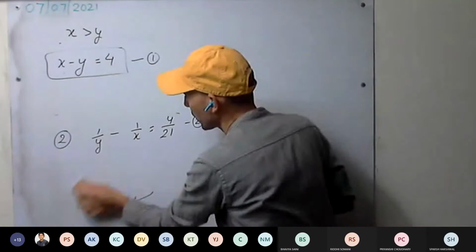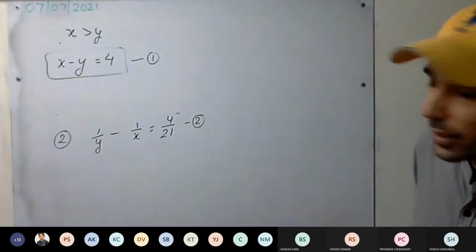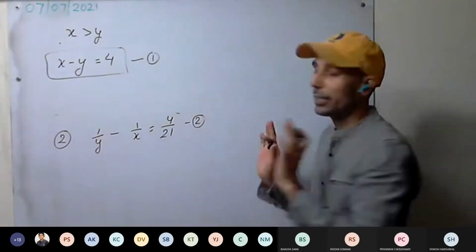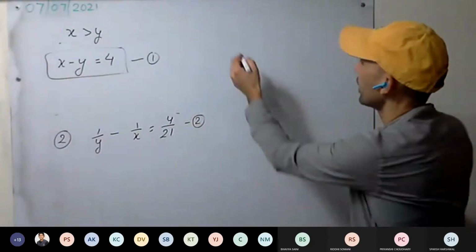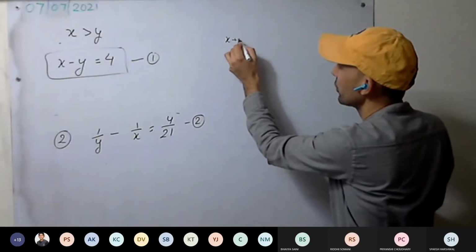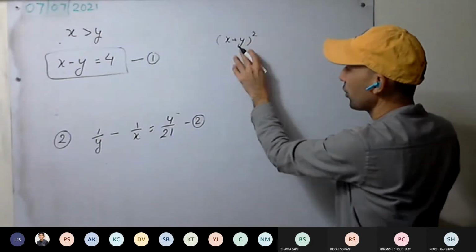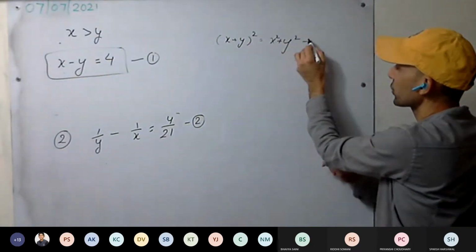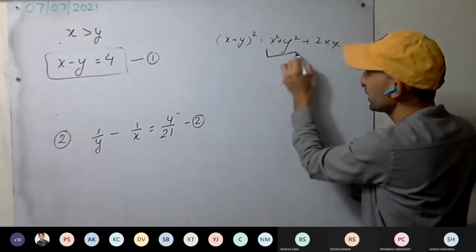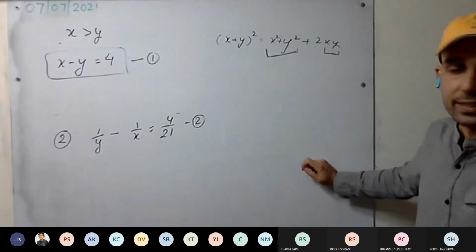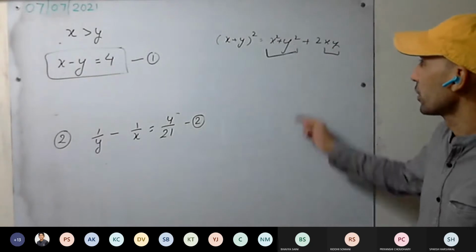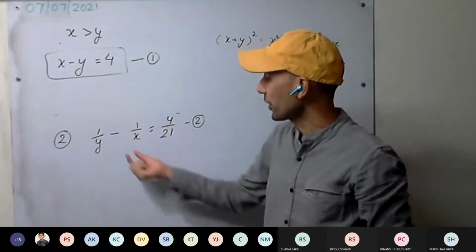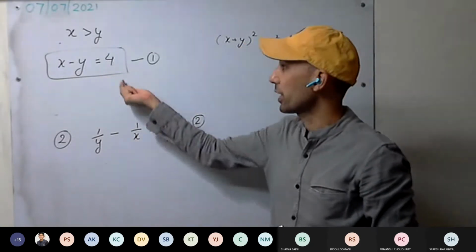From start, let's see. These are the two equations and we have to solve. So see here, if we remember the expansions, x minus y we have. If we calculate x plus y, how to calculate x plus y? x plus y whole square equal to x square plus y square plus 2xy. It means its value we need and the xy value we need. x square plus y square and xy values we need. The xy value we will get here, and after getting this, the x square plus y square value as well we can get from here.